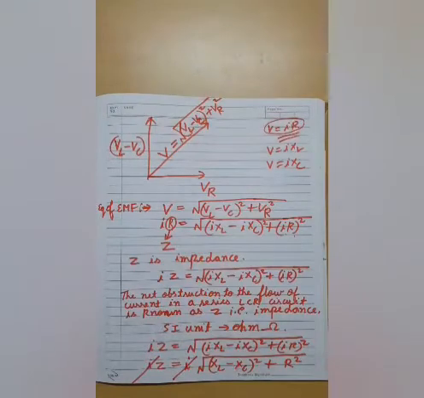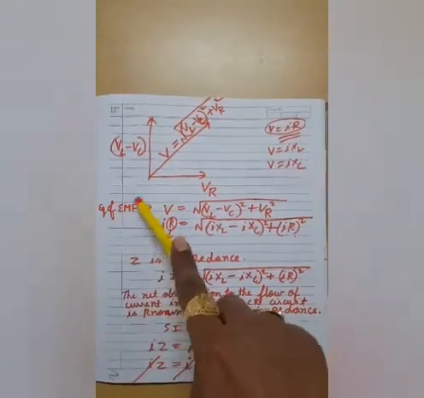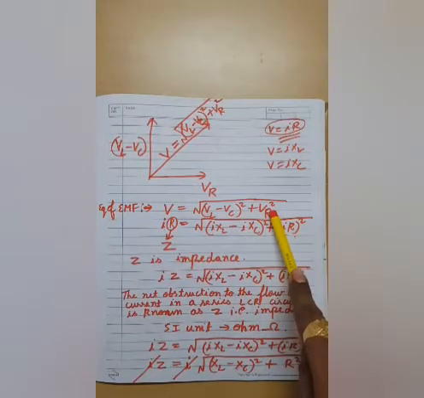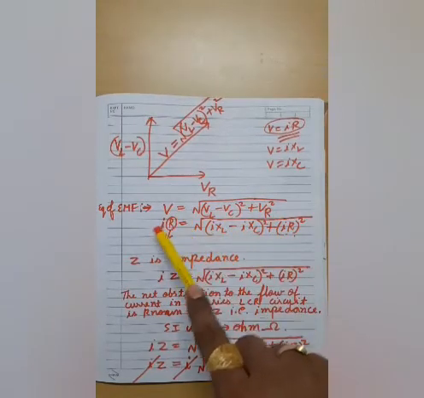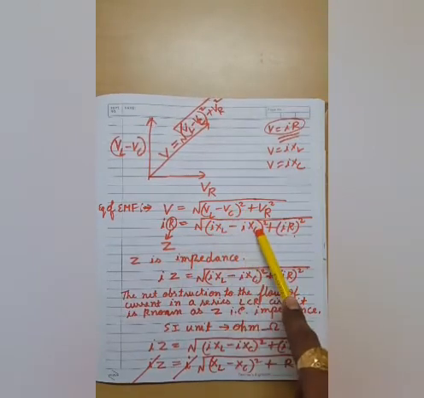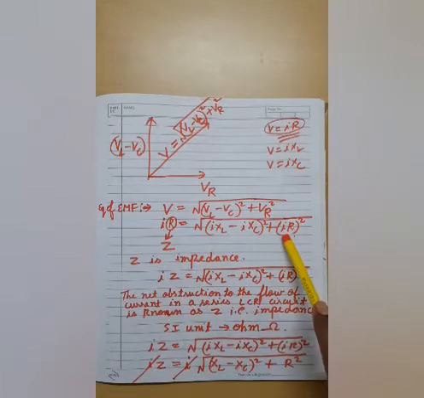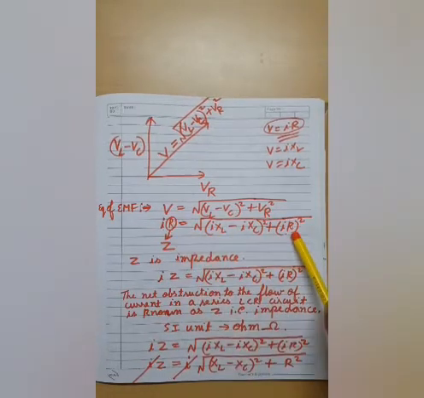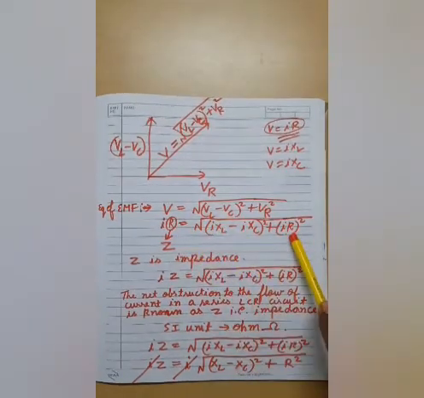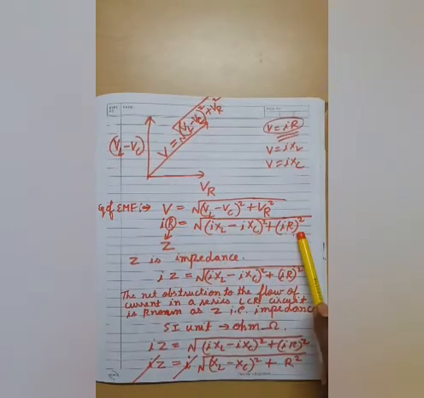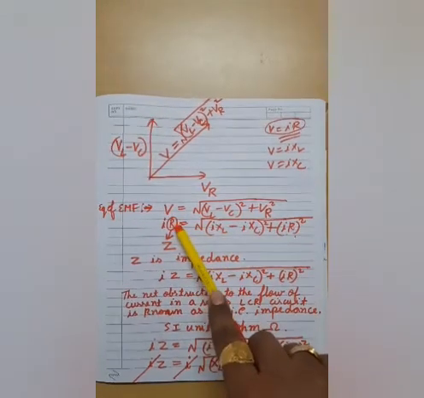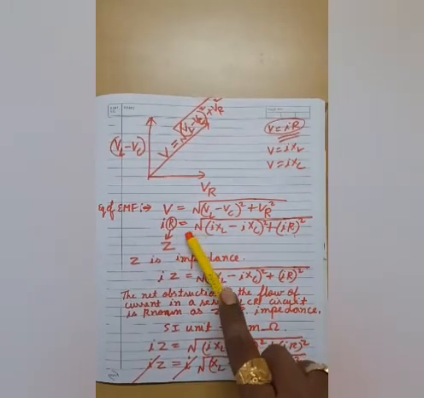Now what would be the equation of EMF? Whatever this resultant is, this would be our net equation for EMF. If we open this equation, that is in place of V, we write IR, in place of VL we write IXL, in place of VC we write IXC, and in place of VR we write IR. Then we would be able to expand this equation. But if I am writing R here, this is something wrong. Since this is VR, here I can write R, but this is just V. This is equivalent EMF. Here I am not supposed to write R. Here I need a new symbol for that.